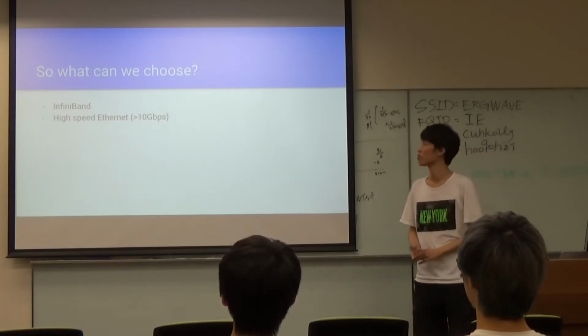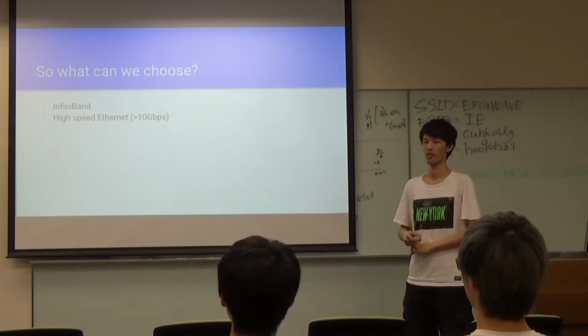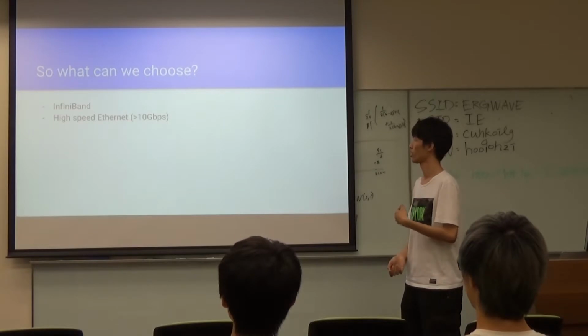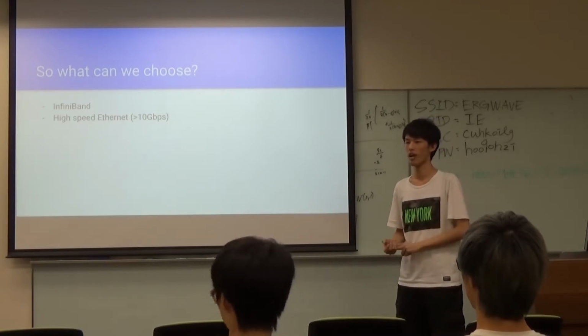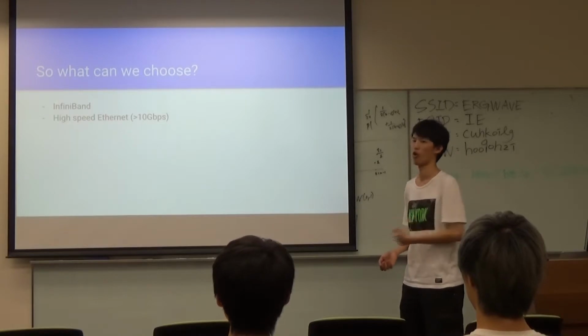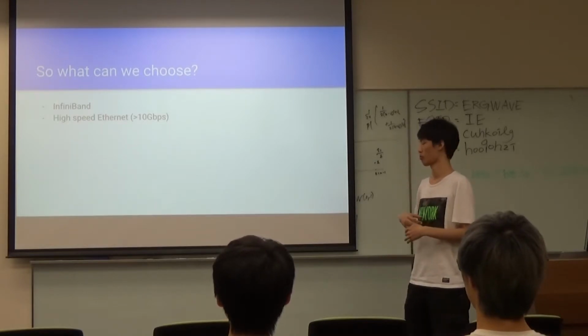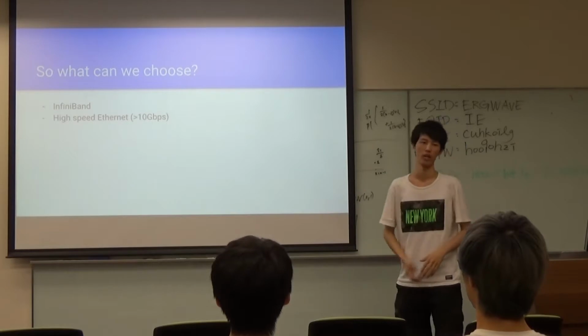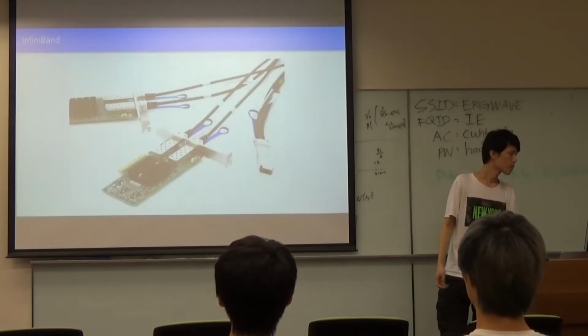So what can we choose? Just as mentioned in the machine spec, we have InfiniBand, and on the other hand, the high-speed Ethernet choice, which is not available on our cluster, but is becoming more and more familiar today. So what is